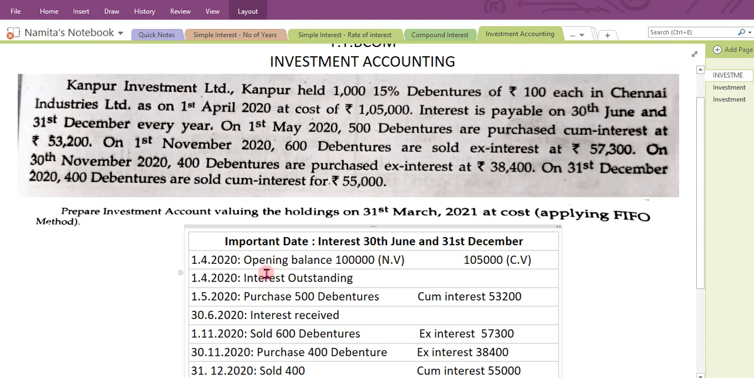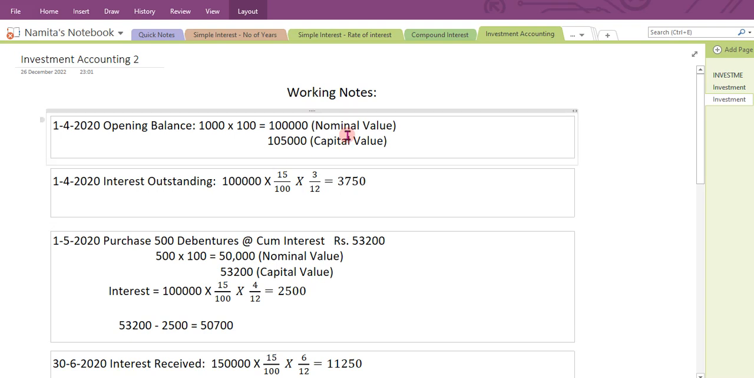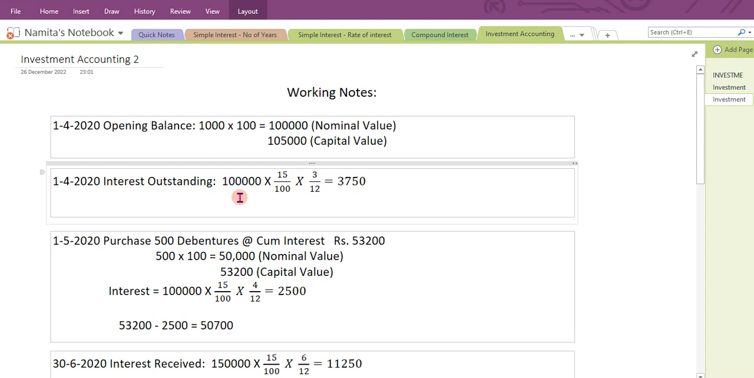As we are opening the investment account on 1st April, from 31st December to 1st April there is some interest outstanding, some interest receivable or accrued, so we have to calculate that interest. On which amount will we calculate it? Always interest will be calculated on the nominal value or the face value of the investment. Remember one thing, in investment accounting interest is calculated on the nominal value, also called the face value. So 1 lakh